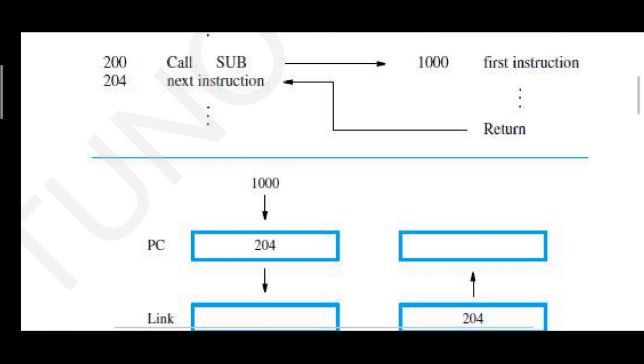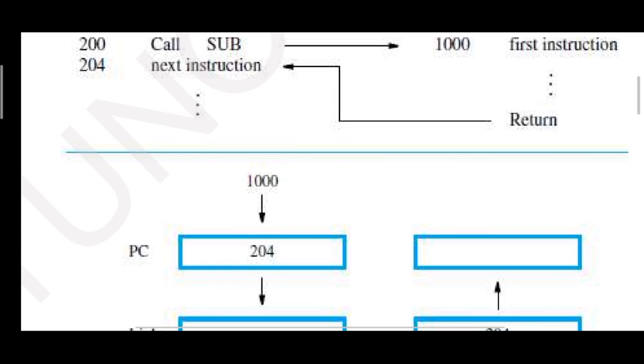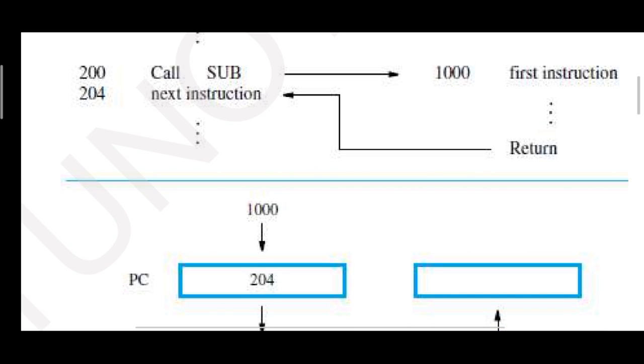Whenever the subroutine is called, that is, whenever the call instruction is executed, PC should be updated as per the concept of sequential execution, line by line execution, which is after 200 the control should look into location 204, but the instruction written at position 200 is different. If the concept of branching comes,